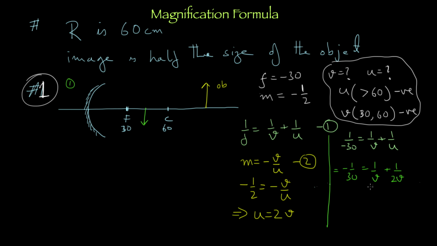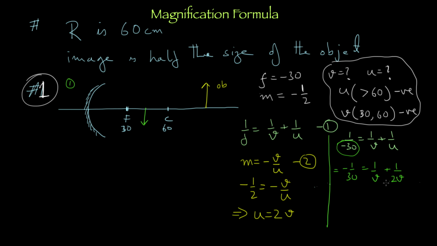Did we replace u with a minus 2v or something? That my u has to be negative and it is a minus 2v. This is a common mistake people make. That, oh, u has to be negative, it must be a minus 2v. Don't do that. When do you put a minus or a plus? When you put an actual number, right? Like this. When you put an actual number, then only you have a plus or a minus from the convention. Not with the variables. This minus is not of the convention. This minus is of the formula. This minus doesn't belong to v, doesn't belong to u, right, guys? Can you look over here? Okay. So be careful over there.